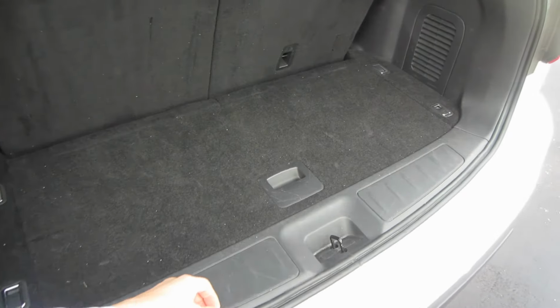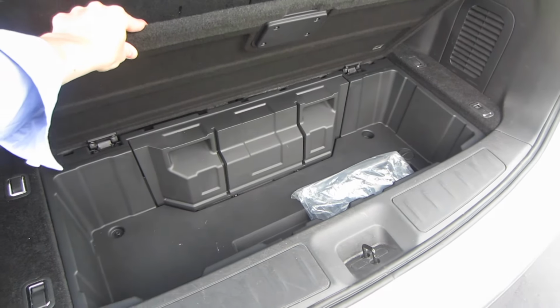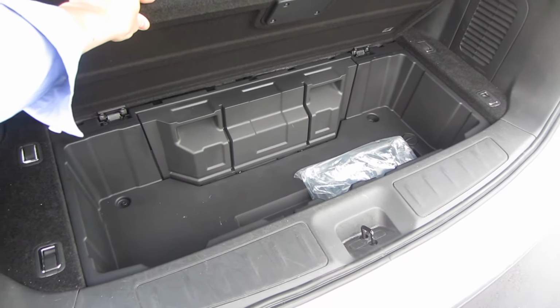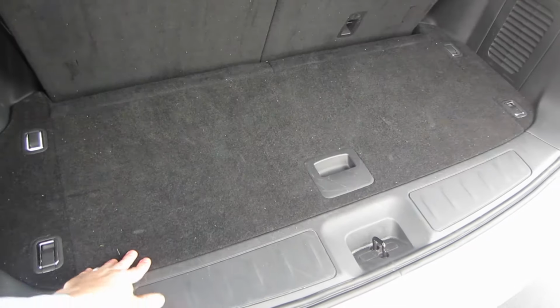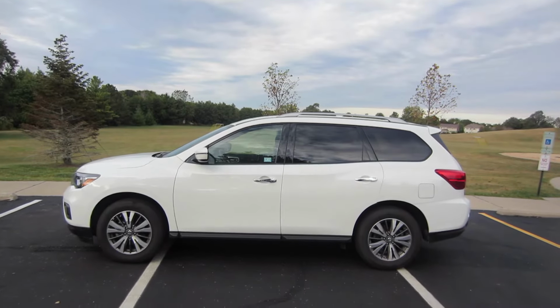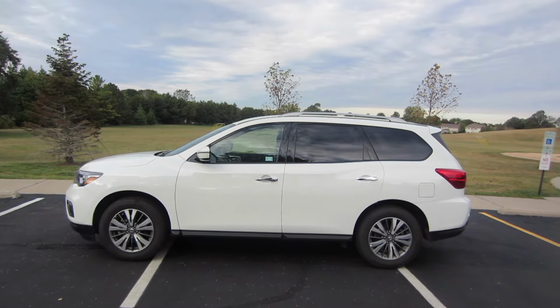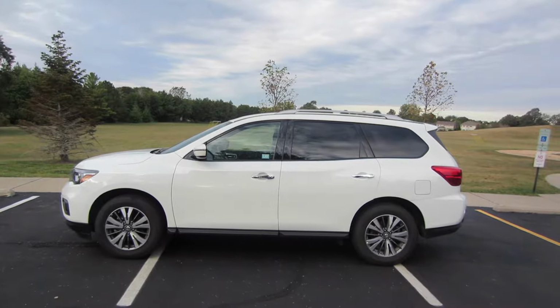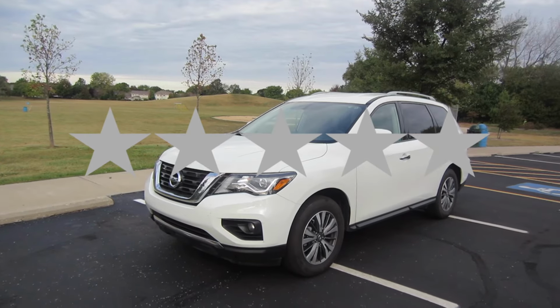And then underneath the floor, you get an additional sort of storage unit. It's not as modular as I've seen on some other vehicles, but there's enough back here where you can keep some things. All right, so that's pretty much all the important stuff about the Nissan Pathfinder. I rented this one from Enterprise, drove it for about 2 days, and put, I think, about 146 miles on it. And after all that, I think I'm going to give this one